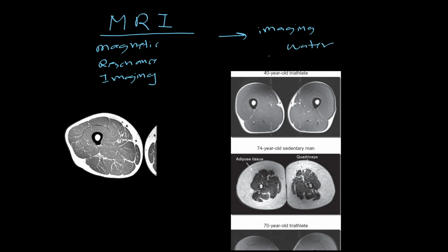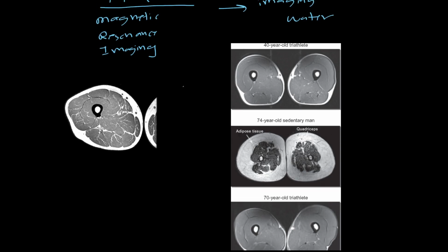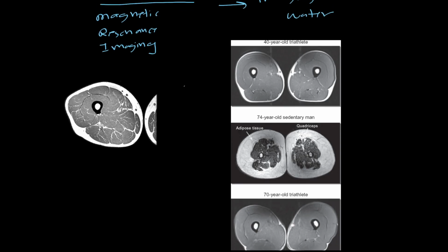But because there's different concentrations of water and it's bound up in different ways in tissue like muscle, fat, tendon, ligaments, skin, bone marrow, and even the fluids that are flowing around in your body, MRI is super nice for looking at lots of different soft tissue injuries as well as the structure of bone as well. So,